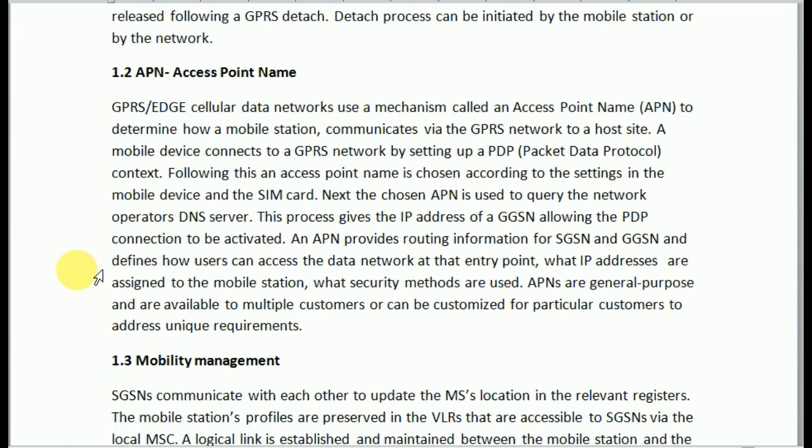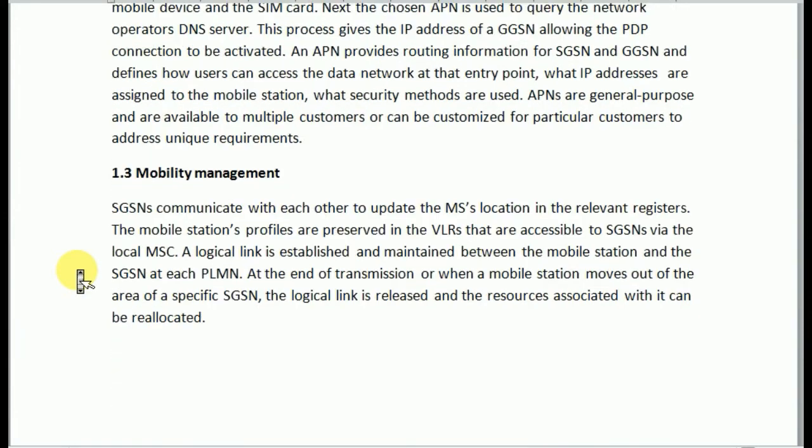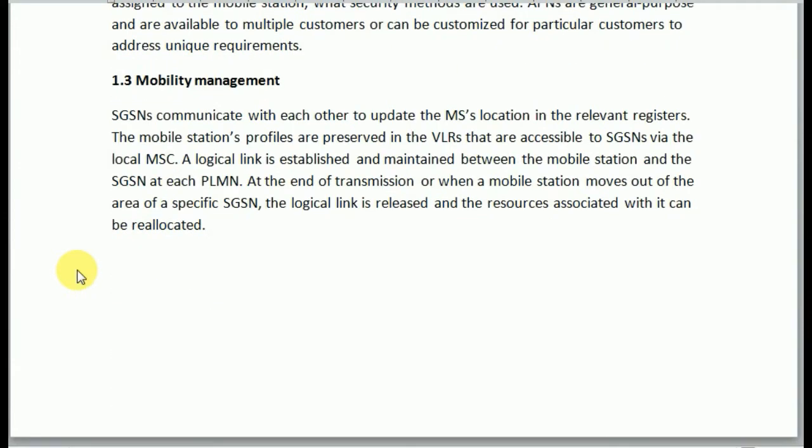The next is mobility management. Mobility management is used to track the location of a mobile station. GSNs communicate with each other to update the mobile station's location in the relevant registers. The mobile station's profiles are preserved in the VLRs that are accessible to SGSNs via the local MSC.